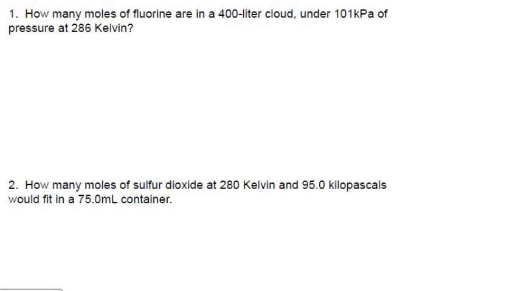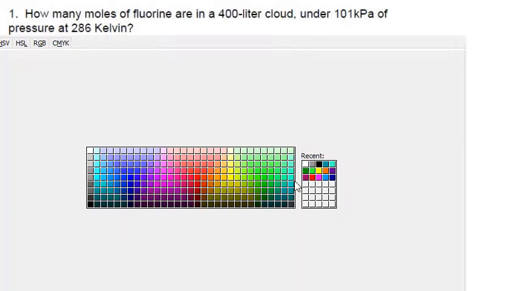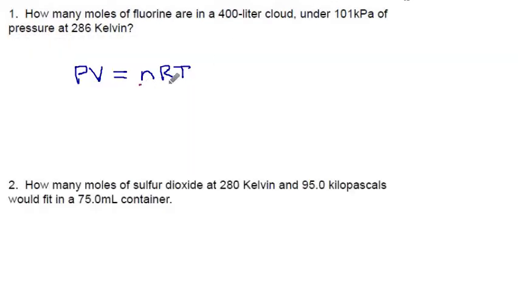Welcome back. So, the new thing today is that some things are gases, and we might still need to know how many moles of them we have. And there's a way to do that. It's called the ideal gas law, and usually when they write it out, they give it in this form, PV equals nRT. But if you're trying to find a number of moles from that, if you want to isolate n, then what you do is you divide both sides by RT,